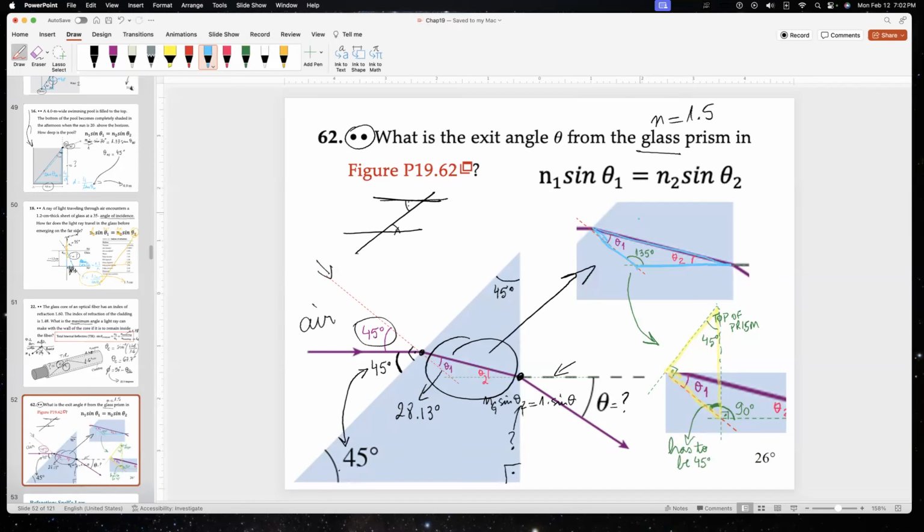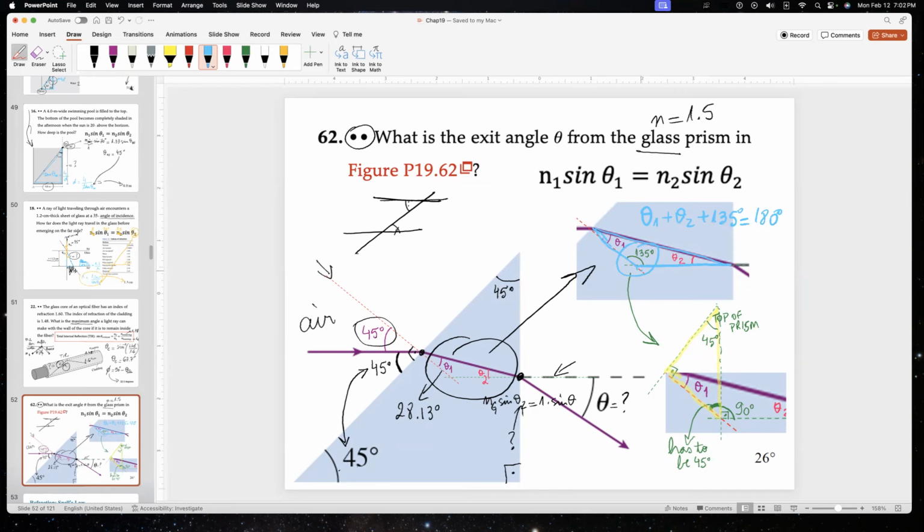That the sum of all the angles inside of a triangle is 180. So theta 1 plus theta 2 plus 135 equals 180. Okay, we know that. The problem is finding 135 here. So how would you do that problem? Well, hopefully you figure it out, but